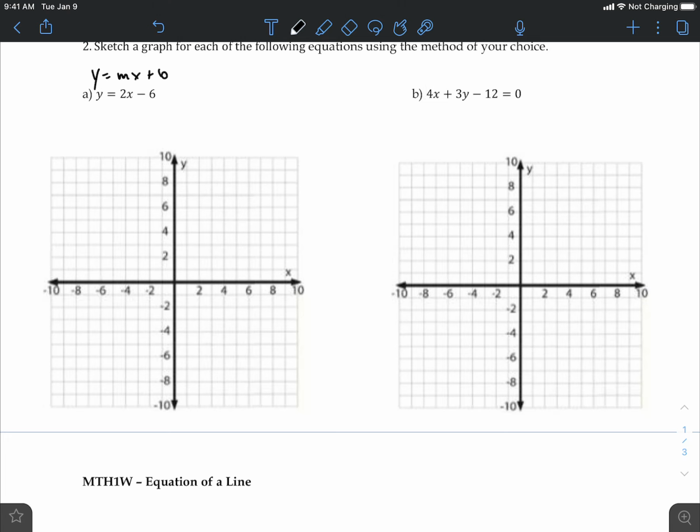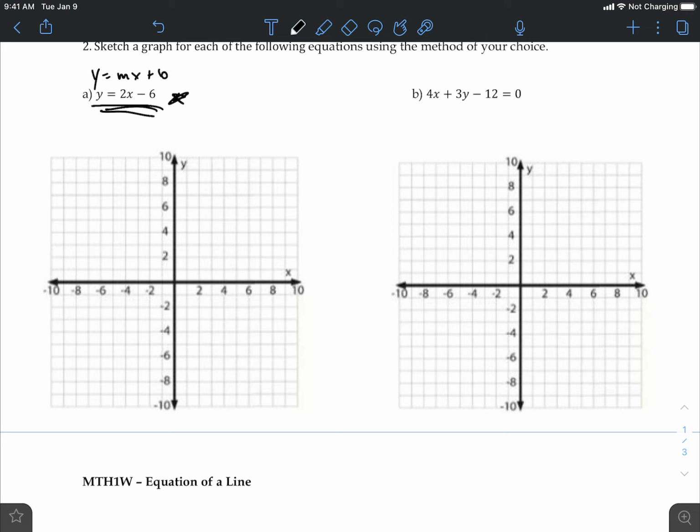If you weren't here, or if you're still struggling with this, I'm going to give you a sheet today that has y equals mx plus b on one side. You can continue practicing, and then on the other side, it's all this other form. So you can practice. You get lots of graphing practice today. Our goal is, because it's a little easier to graph stuff with y equals mx plus b,